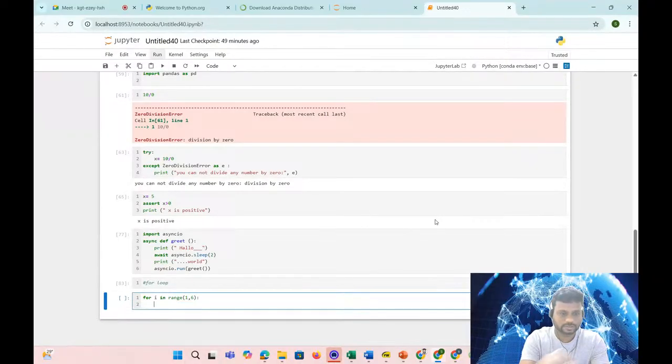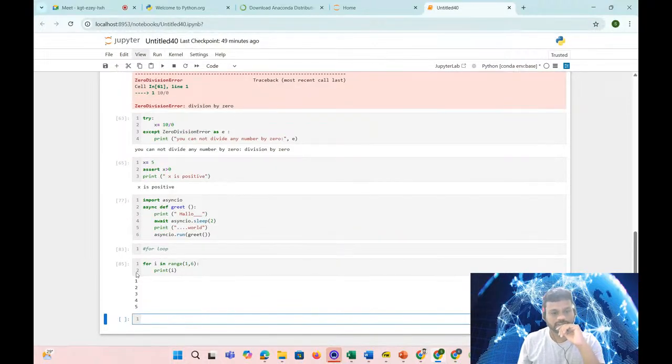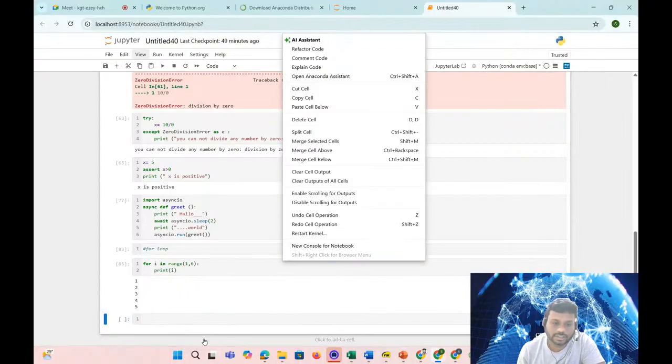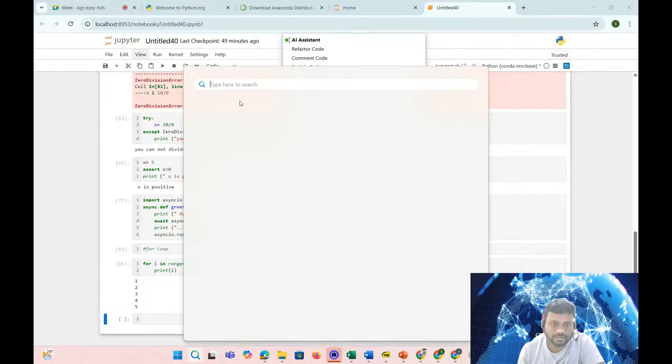Index with this and the print i. So here it writes 1 2 3 4 5. Now why is this not writing 1 to 6? Because Python works on indexing. Indexing means this